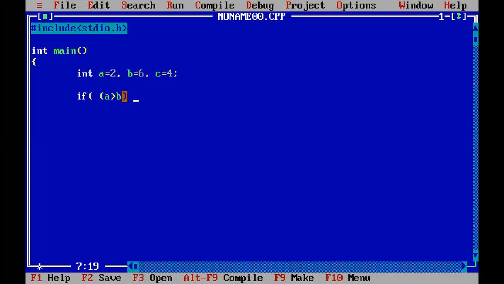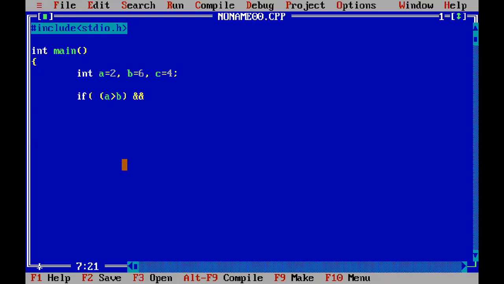If A greater than B, here I am checking if A is greater than B and if A is greater than C. So it is obvious that if this value of A is greater than B and this value of A is greater than C also, then A is the biggest number. So that is the logic I will apply here. So if A greater than B and, why am I not using or? There are three logical operators: and, or, and not. Not always returns the opposite, so we will not use not.